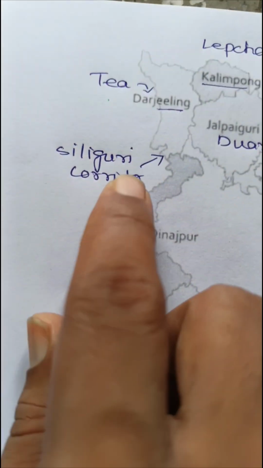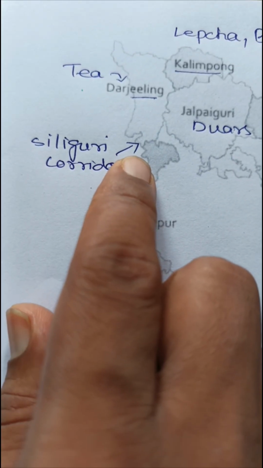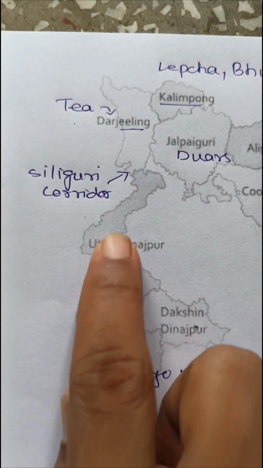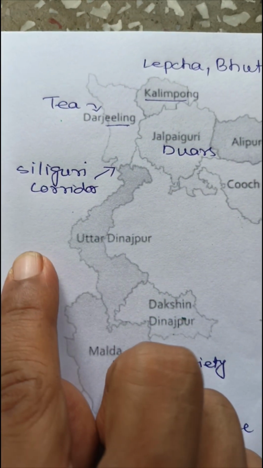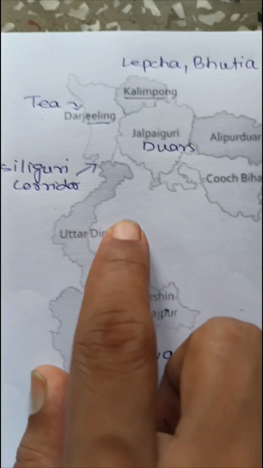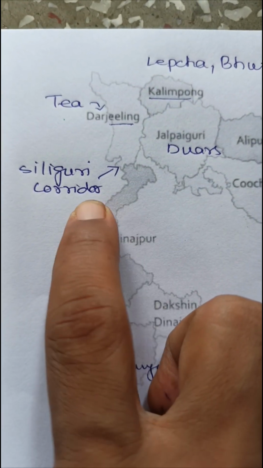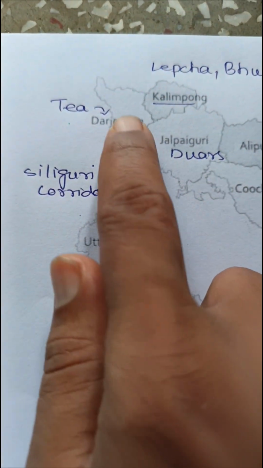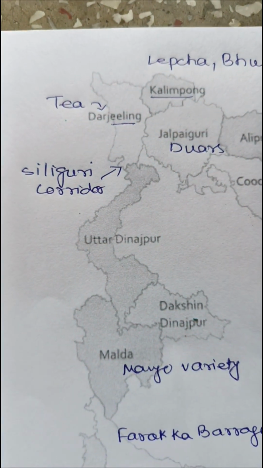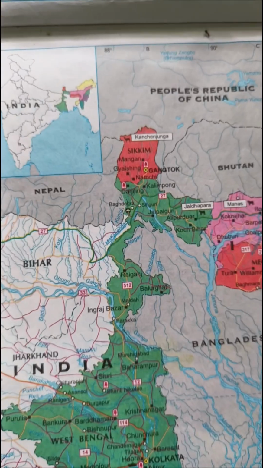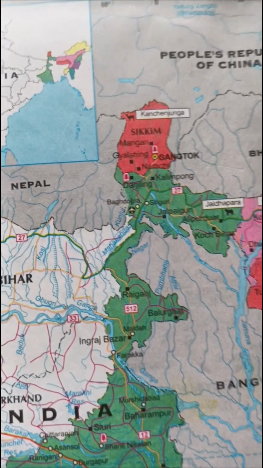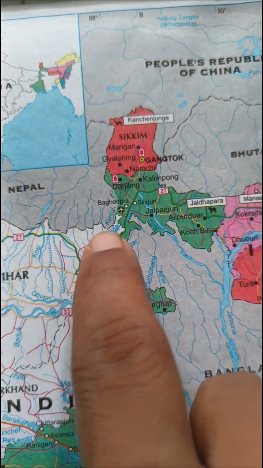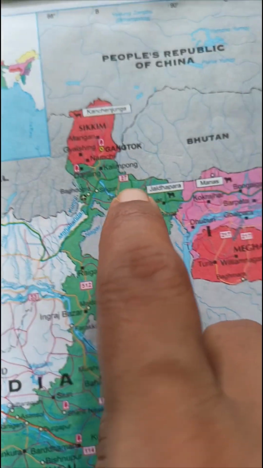Let us now move to the strategically important place known as Siliguri corridor. So the mainland India is connected to the northeastern states through this Siliguri corridor, and this part, since it is narrow, is known as chicken's neck. Let us try to understand this with another map. Yes, so as you can see, this is the Siliguri corridor, through which we move to the northeastern states,